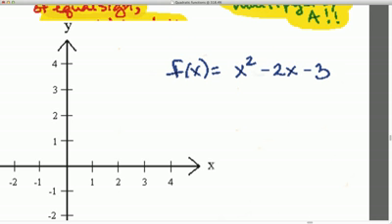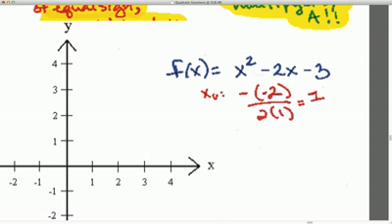So right away, you should take minus b, find the x value of your vertex, minus a negative 2 over 2 times 1. And when you do that, you're going to end up with a negative, and a negative gives you a positive 1. When you plug that 1 value back into your original function,